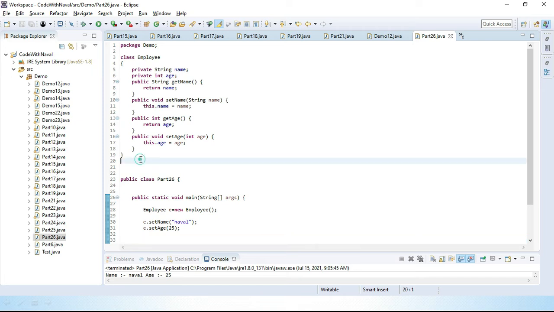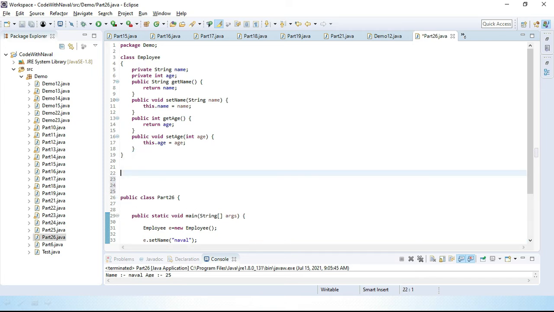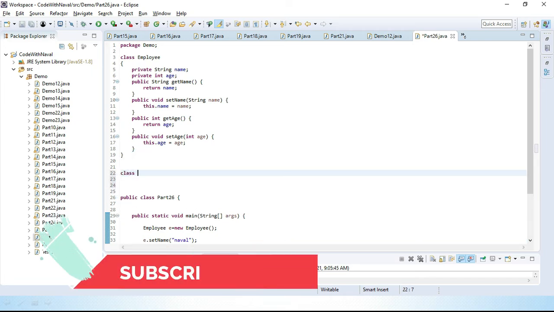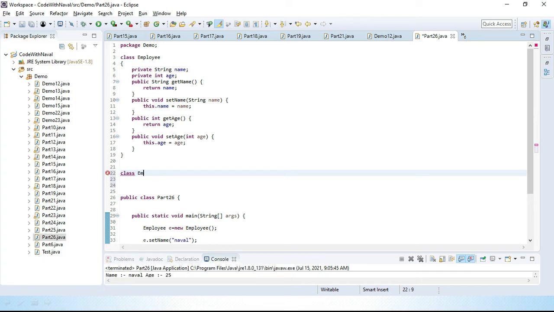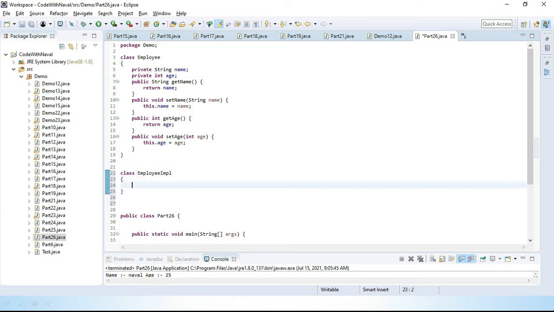Now here we create one more class. I'll simply create here one more class, employee IMPL, employee implementation, and here we create one method, public void show method, show, and this method accepts an employee type variable.